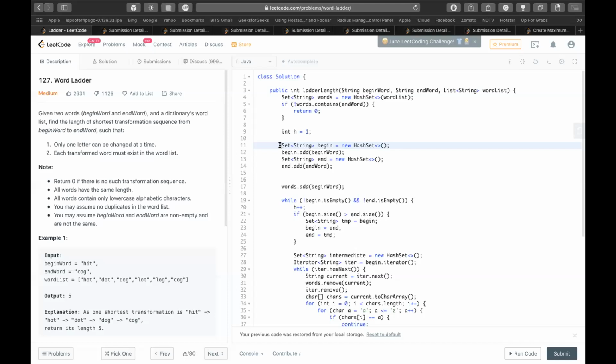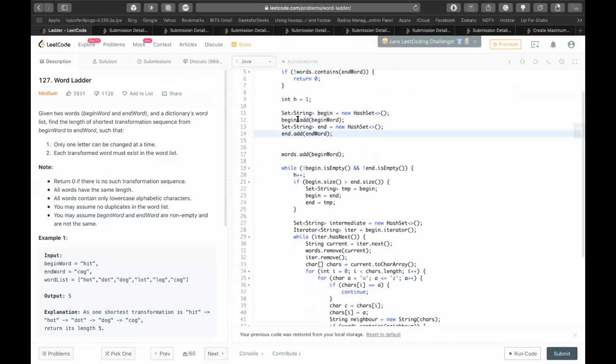I will tell you the reason. When you are meeting, you need to find whether the element is in the other set. In a bidirectional search you meet in the middle. But if it's a list, you need to check in the other list. Okay, got it, because you have to look at least somewhere else. So that is the reason you had to use the set. Yeah, makes sense.